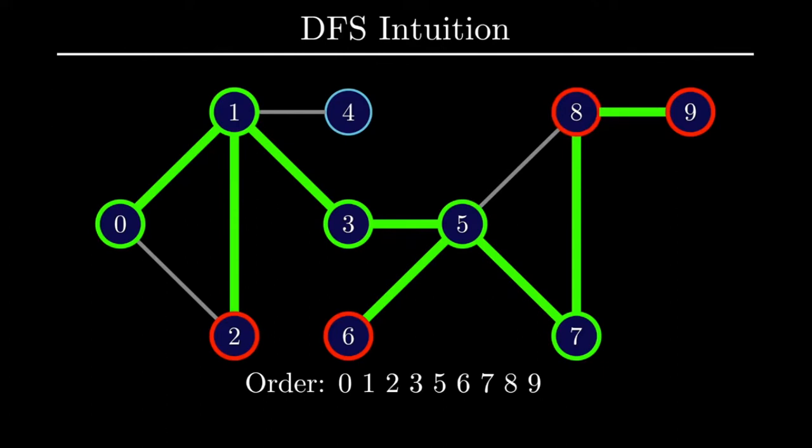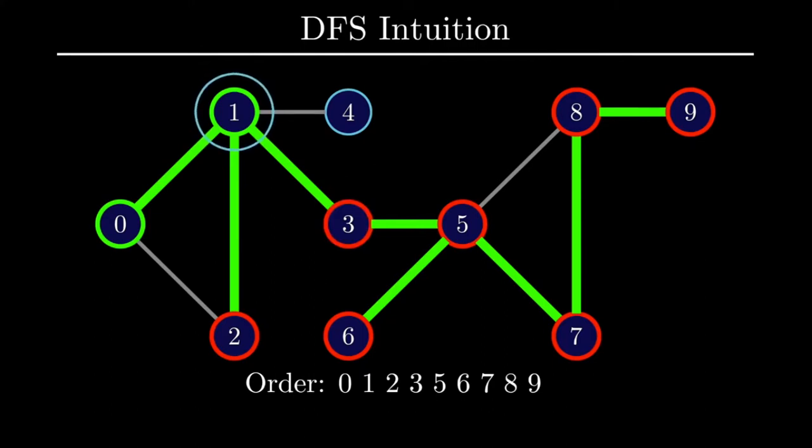We got to vertex 8 from vertex 7, so let's go back to there. From vertex 7, we have the same story, so we go back to vertex 5. And everything from vertex 5 has been fully explored, so from vertex 5, we now go back to vertex 3, which was the vertex that got us to vertex 5. Same story here, so let's take one more step back to vertex 1.